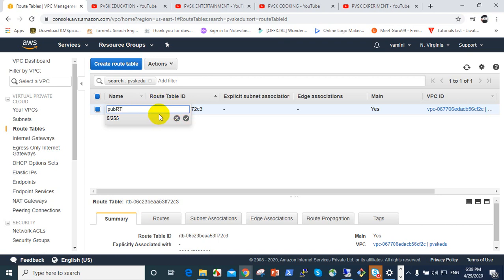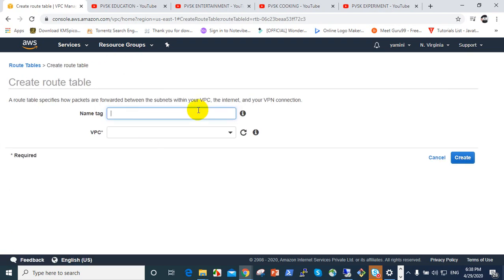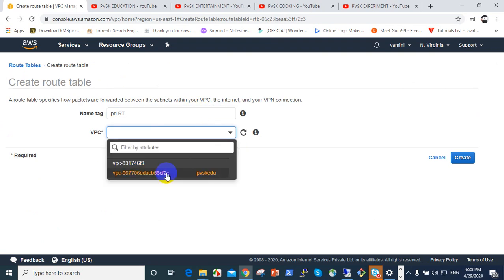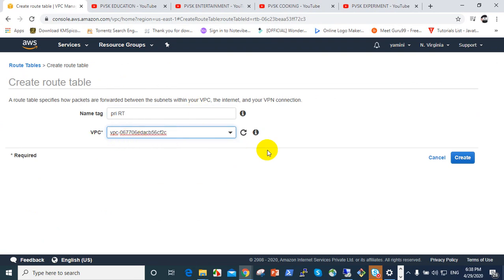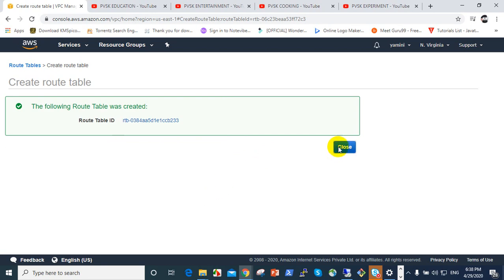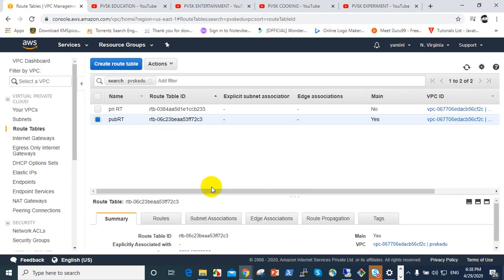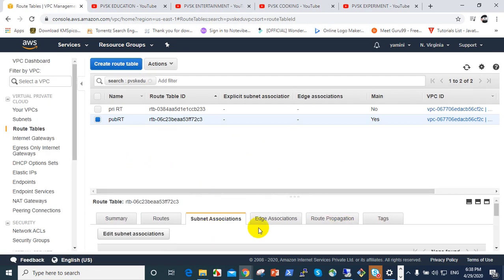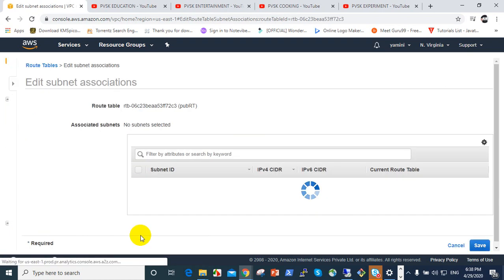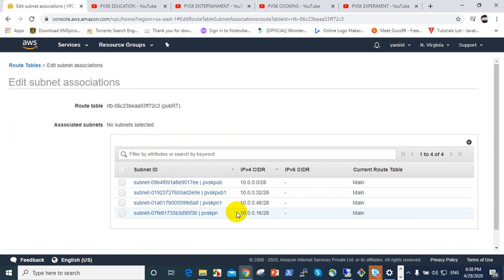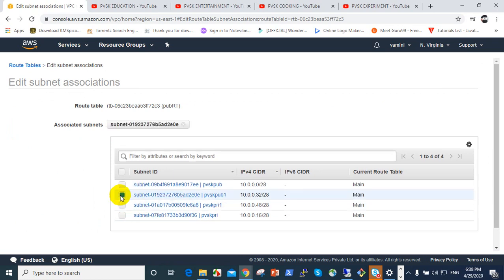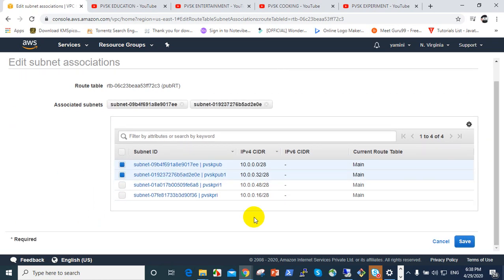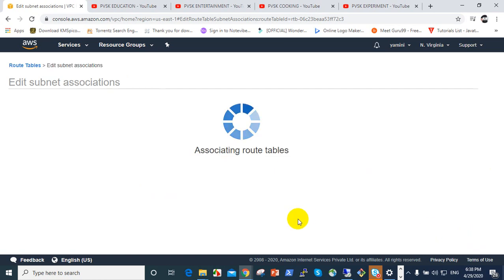Name it RT. I also want to create a private route table, PRI RT, with the same custom VPC selected. So the private route table is also created. Now edit the subnet association options to attach the subnets. This is the public RT, so we can add public subnets, easily identified with the naming convention: pub means public subnet association.